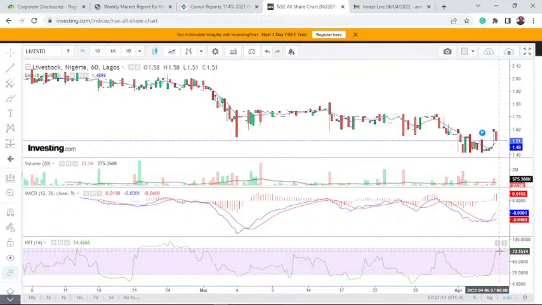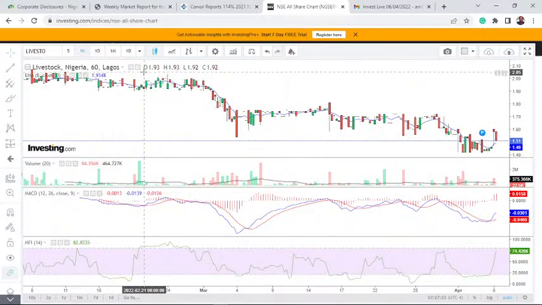This is a stock that has suffered loss. You can see from down here it was below the T line all the way to this level before crossing above. But let's look at the daily chart, because I tell you, on the 1 hour chart livestock is not looking bad at all.